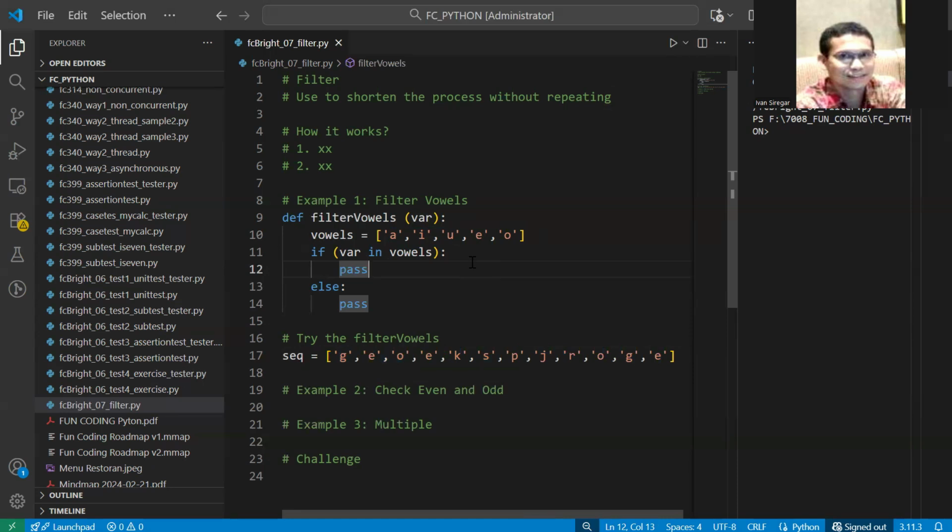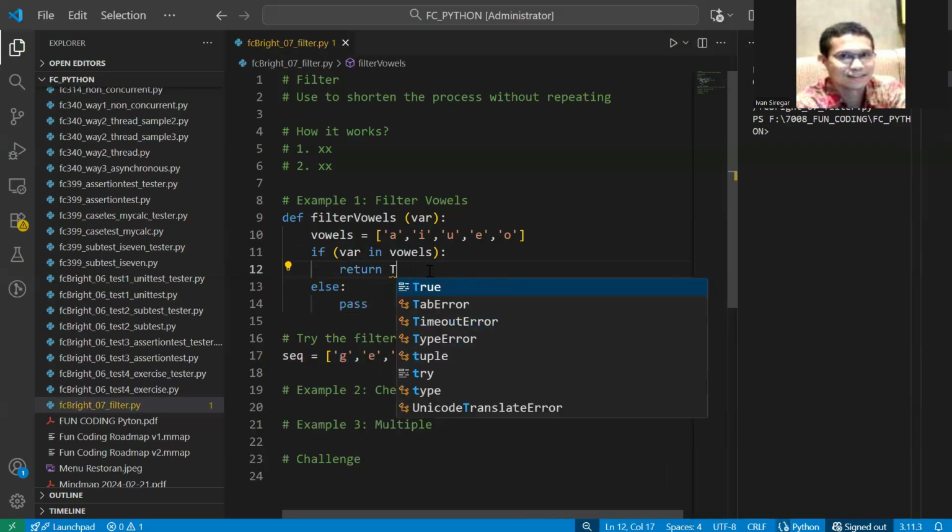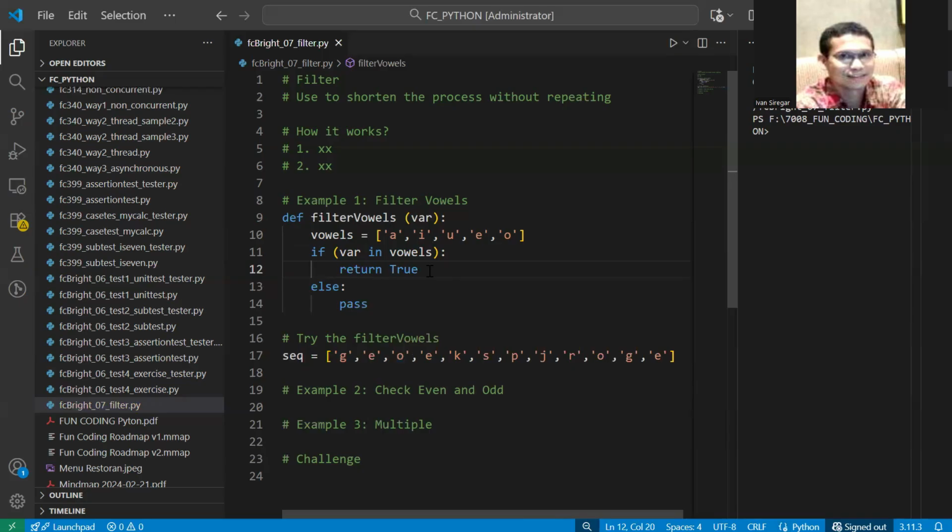Yeah, the normal programming, but in here we will make a shortened way. Instead of walking through this membership one by one, we just call the filter. But here make sure that you return true first when var is a member of the vowels here. Otherwise, it is false. Okay, so make sure that you adjust the code.